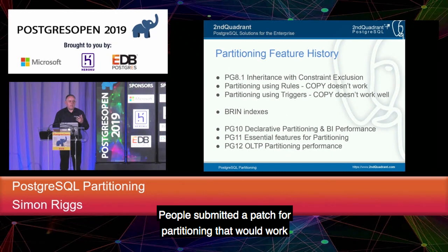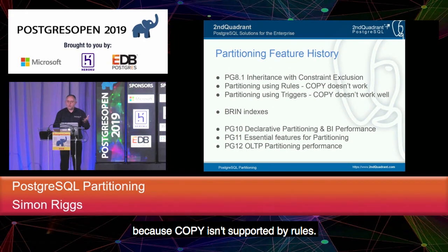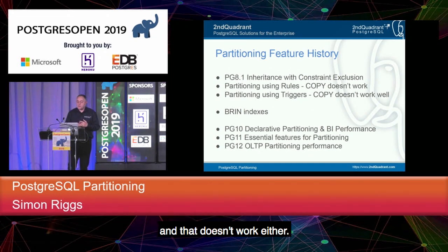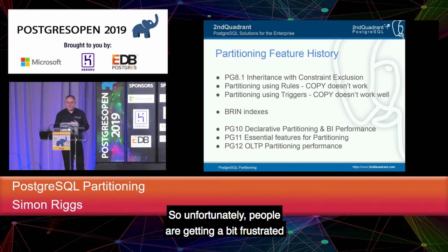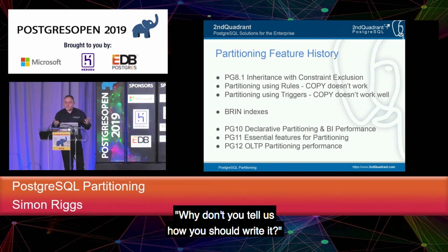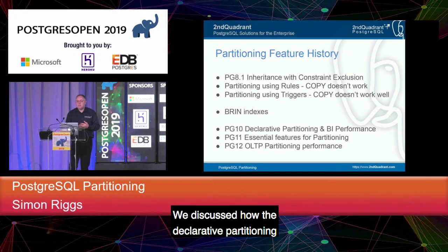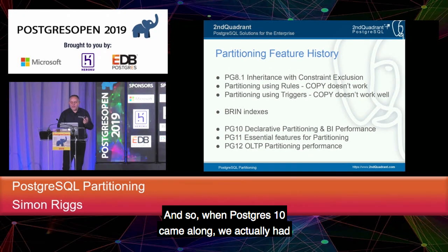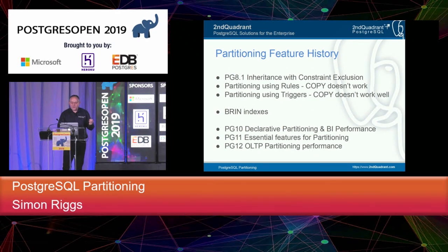People submitted a patch for partitioning that would work with rules, and I had to point out that that wouldn't work because copy isn't supported by rules. So it was rewritten again, this time using triggers, and that doesn't work either. So unfortunately, people got a bit frustrated with me at this point and said, why don't you tell us how you think it should be written? And so we did. We discussed how the declarative partitioning needed to work. We discussed the way that inserts needed to work. And so when Postgres 10 came along, we actually had declarative partitioning working as a primary feature within the core server,